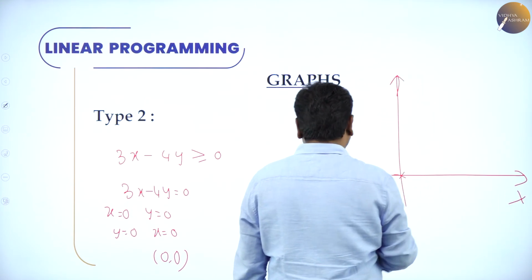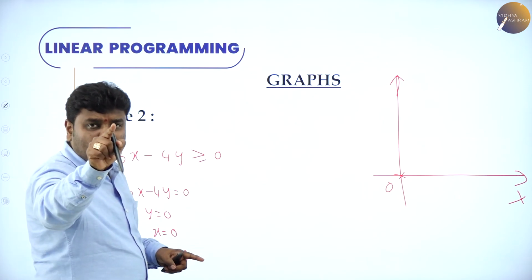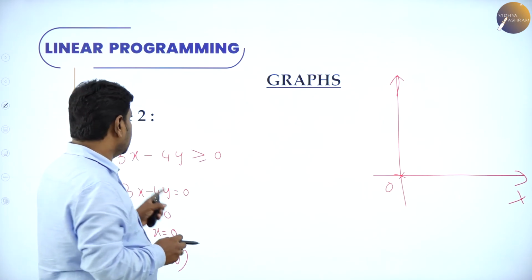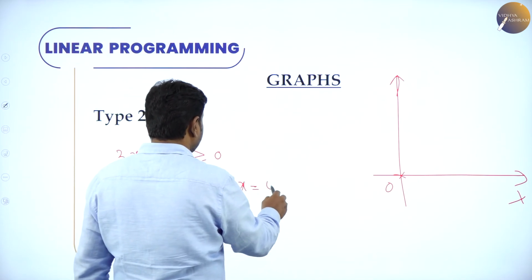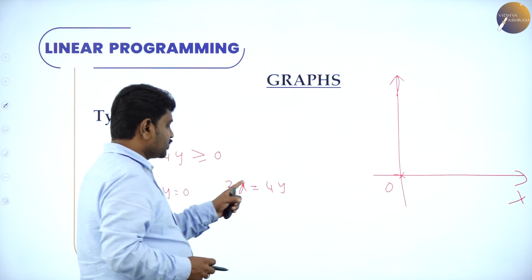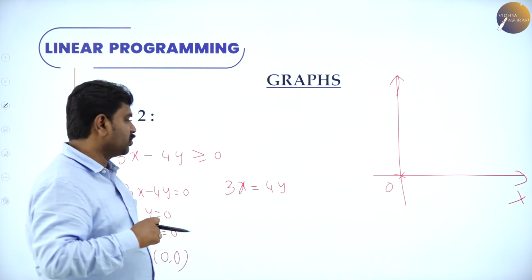You got one point. So directly, when you see there is no number, only x and y, it means it's a line passing through what? Origin. Most important. Then now I should choose. So 3x is equal to 4y, we equate. So 3 times x is 4 times y, they told. Choose a suitable x so that you will get a suitable y.